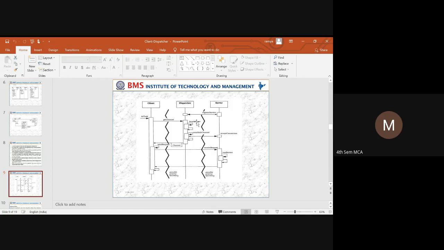Next, the dispatcher will locate the server. After locating the server, it will try to establish a connection. It will send a message to the server. What will the server do? The server will accept the connection and return the message. Then post-processing happens. Here it will look at which client is requesting the particular service. It will identify the client and return